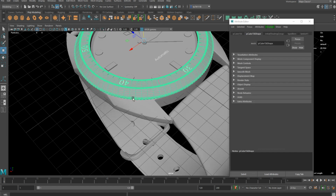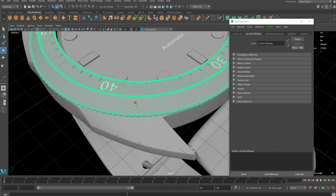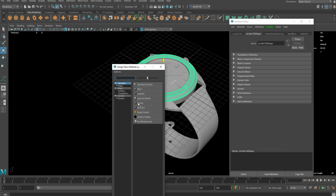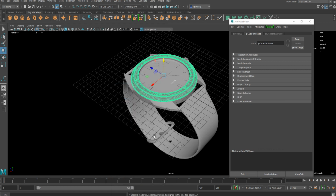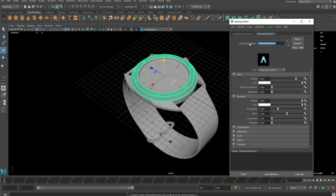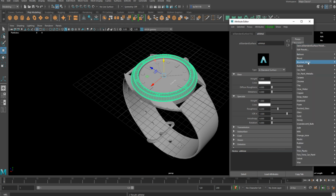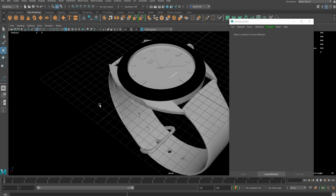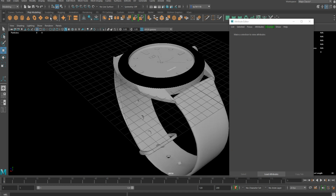And I'm actually going to start by creating new materials for the frame and everything. So I'm just gonna create a new material called AI metal, and I'm just gonna start from preset, and you're gonna see black, and I don't really want that, so I'm just gonna add some lights to the